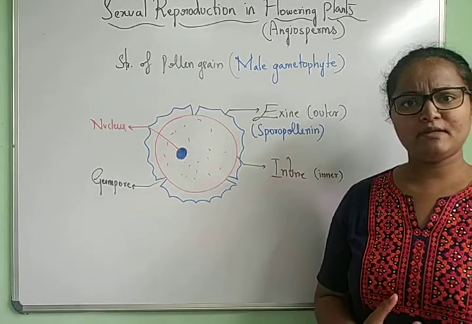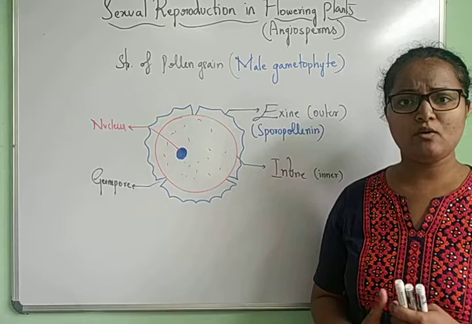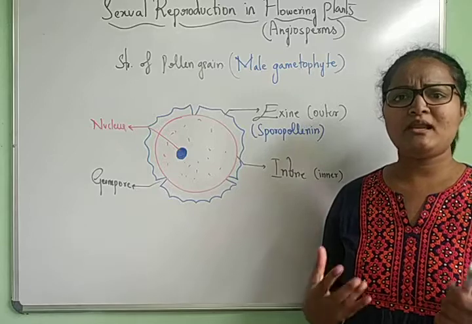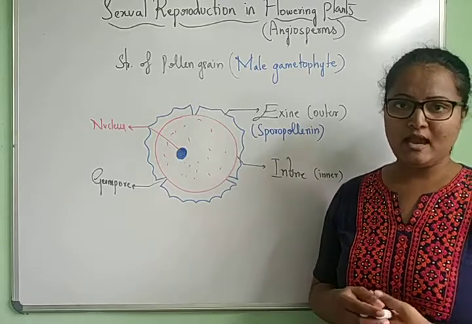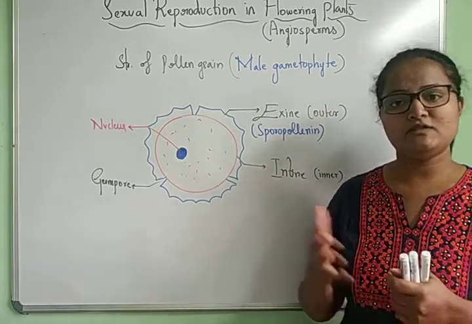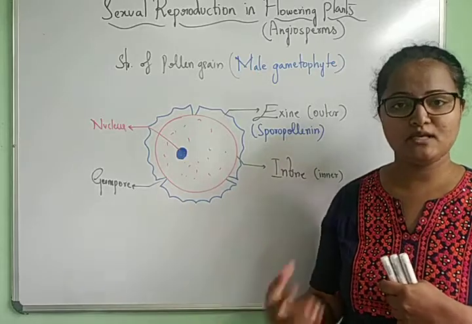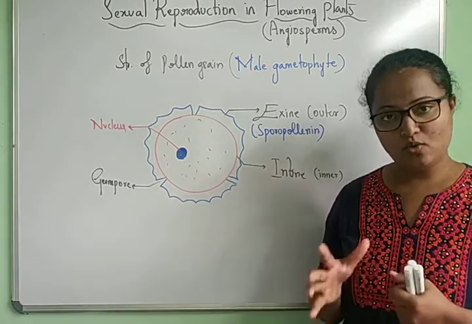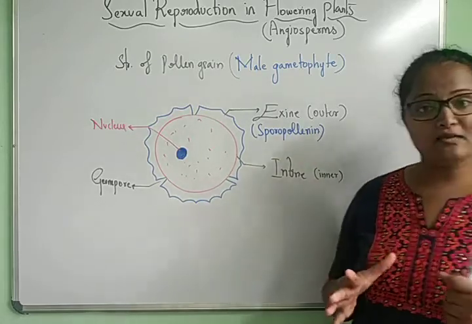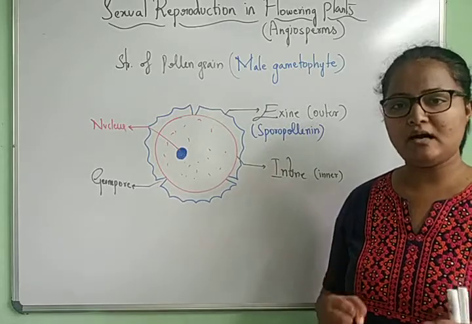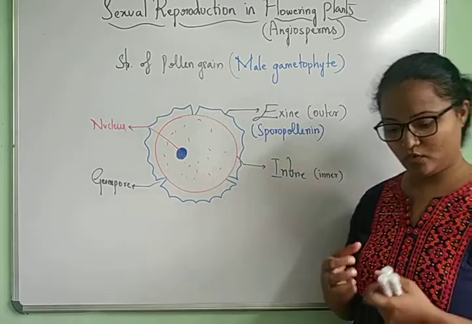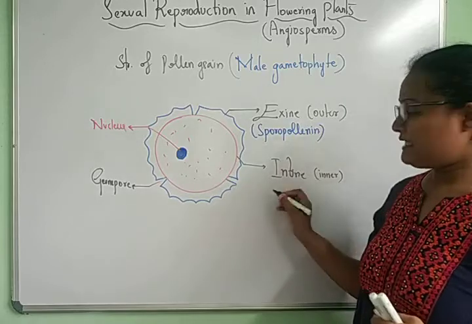There will be rain, there will be drought, there will be sunlight exposure, okay. So when they are exposed to such environmental conditions, they may get destroyed easily. And we know this is the only male gamete produced in plants, which helps to continue their progeny after the fertilization process. So to maintain their viability, this exine wall is made up of a hard, withstanding chemical, that is sporopollenin, okay. In the same way, this intine